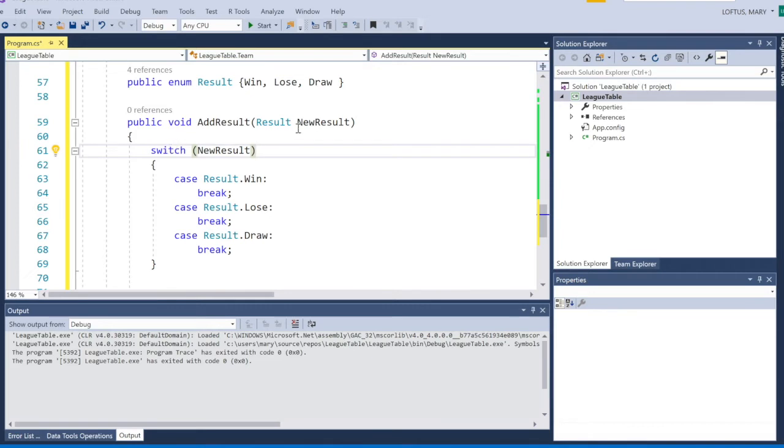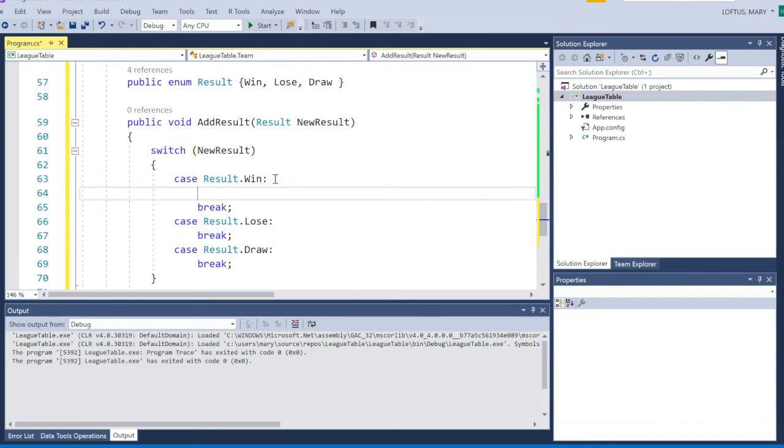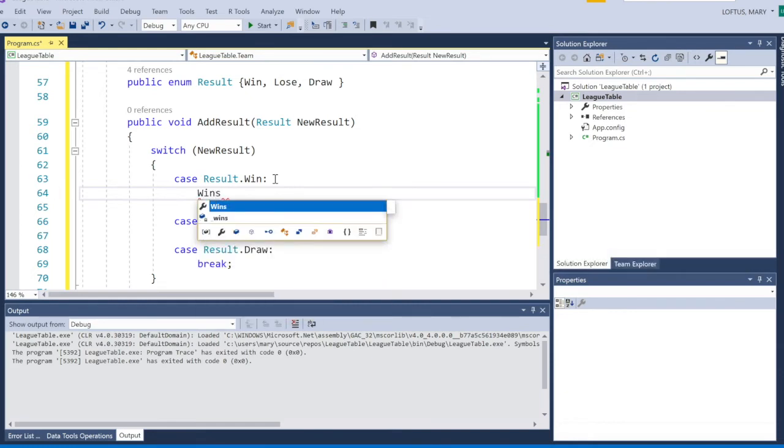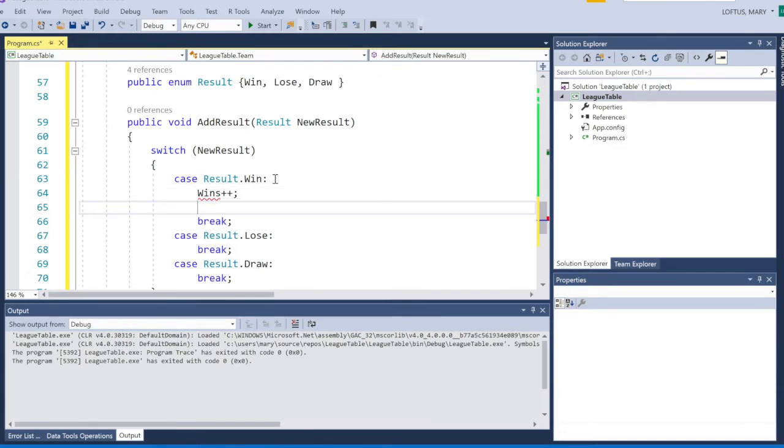So our switch statement is going to take in result as an enum from result that we've defined up here, and then we can evaluate each enum value. So if result is win, if result is lose, and so on. So if result is win, what do we want to do? I guess we want to update a couple of different properties. We want to update the wins property. So if we increment that,